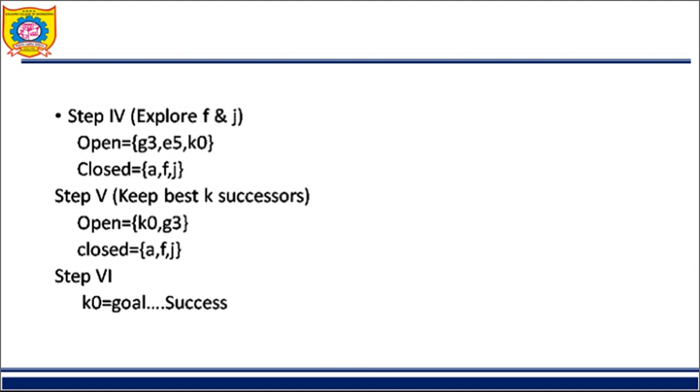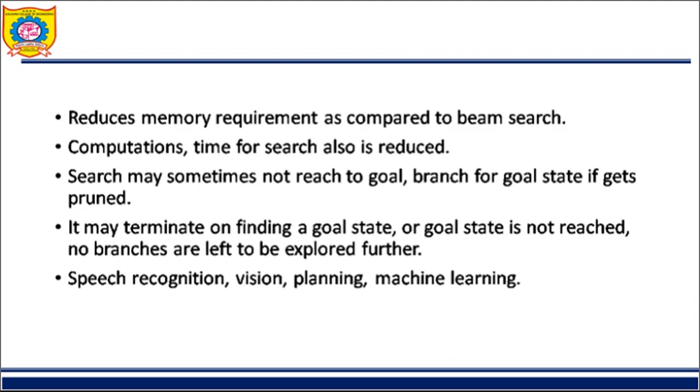So easy was beam search. I hope everybody has got it. It is the same as best first search. Only, after applying best first search, we just have to do pruning. Beyond K, we have to prune. That's it. So what are the features of it? It has reduced memory consumption. Time is also reduced. Computations also have been reduced. All these things are reduced.